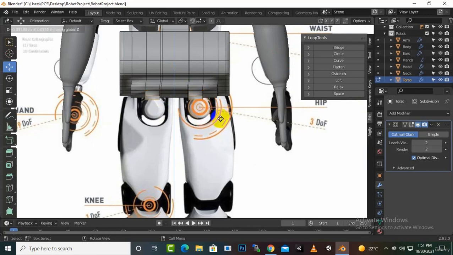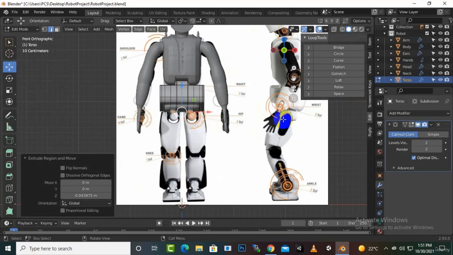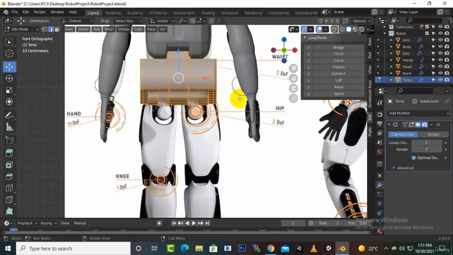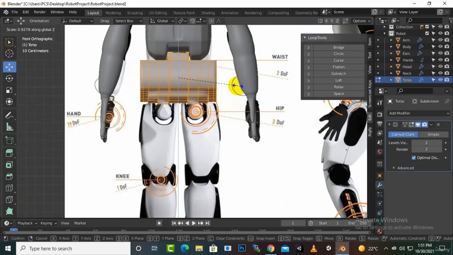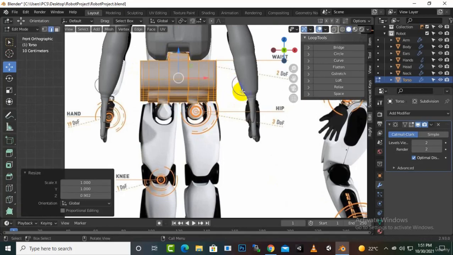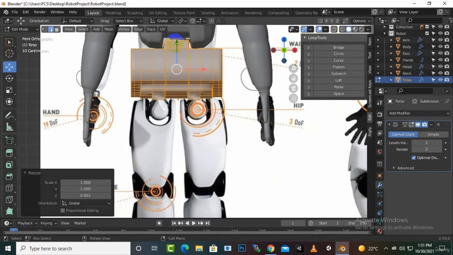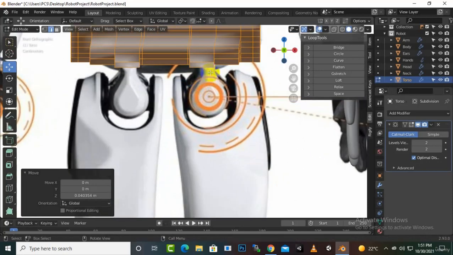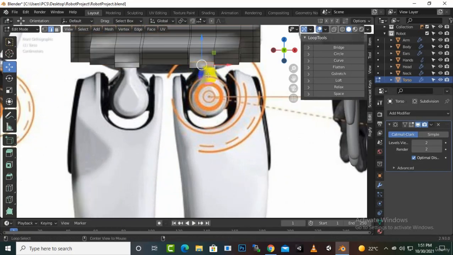Definitely we have a little problem with the overall size of the torso, so I think we can select this torso, and we can press S Z to scale it a little bit, and then we can move it a little bit up so that now we can see this section. So now we'll select this one and this one loop, sorry, alt click and shift alt click, and